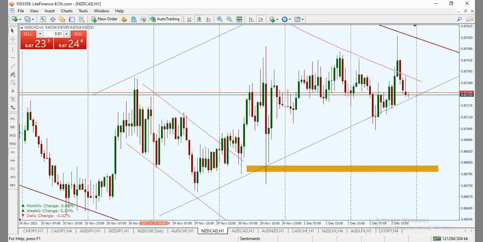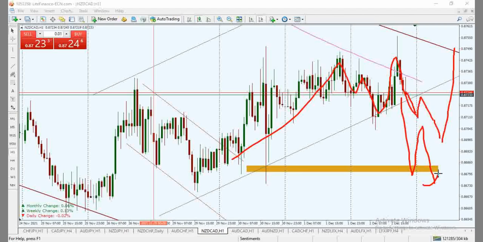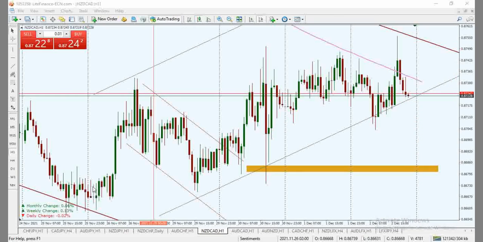There's a great possibility that we might see a next leg down, just somewhere down here, maybe to create some sort of complex pattern here. It's a possibility, but if price breaks through this point, below this point will be validation for the bears, and above it validation for the bulls. All right, so we wrap that up.